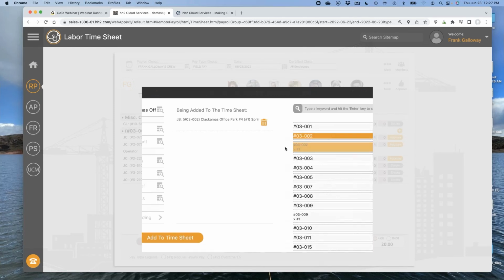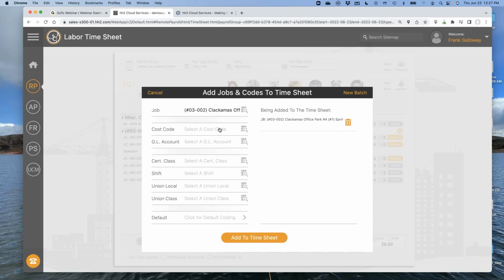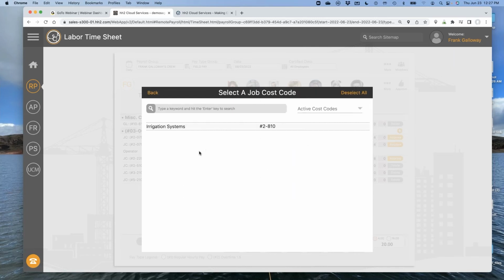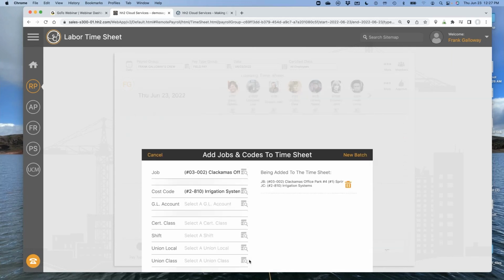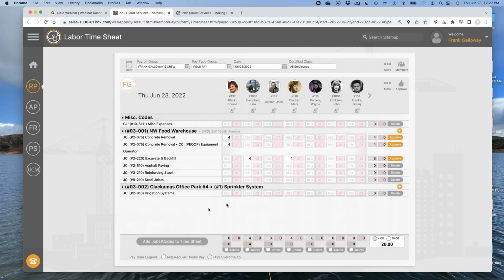We're going to go back to that list and actually show you the extra. Now if I chose the extra or the subjob, you'll notice there's only one labor code. If I add that to my system, now I've got a job up here and I also have an extra, and it lists the main job, then the extra, and then that cost code. So if some of my guys were working 3.5 hours doing asphalt paving on this job, and then I had them run over to this job and work on the sprinkler or irrigation systems, I can easily do that. Clean, easy user interfaces to do this.